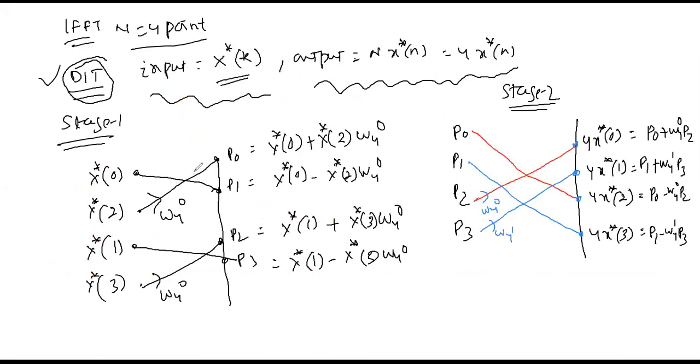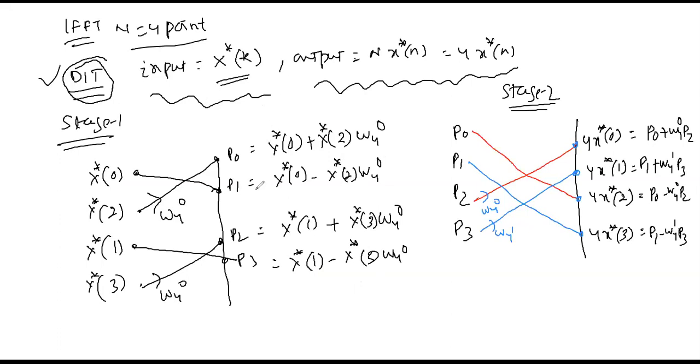4-point problem I'm not giving. You can take anything. For the assignment also, what do you do? You take any sequence x of k or x of n and use these algorithms to find x of n or x of k. You can randomly take any sequence, and by using the FFT command you can find the DFT. Then after that, you can verify using the DIT and DIF algorithms. Similarly, you write x of k anything according to your wish. Or you take any example I gave before, or the example discussed today. Then the same thing, find the sequence x of n using the DIT and DIF algorithms.